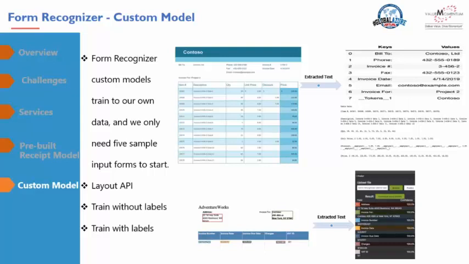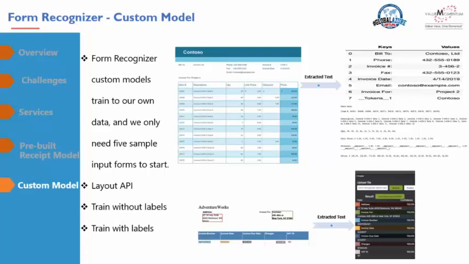The insight here is we can use more samples that can be fed to the model, so the training can be improved. The training is happening on a higher number of samples, and there is no restriction on the number of samples that you can provide. This obviously leads to better accuracy of the models that we build. We have to compare and contrast the pre-built service with the train without labels service.